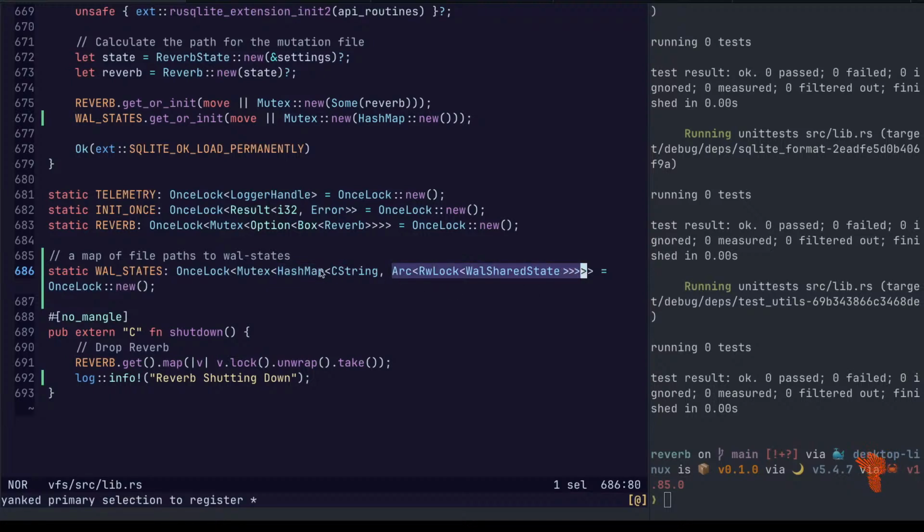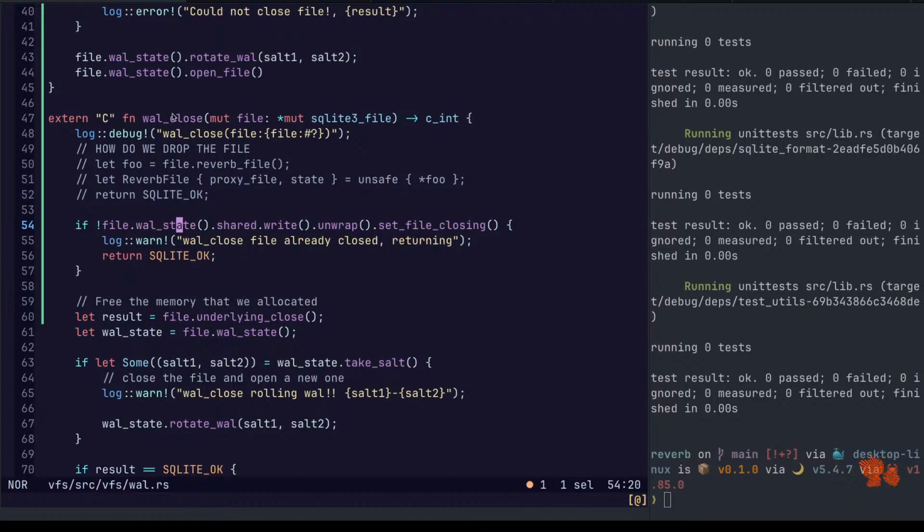The hash map owns an instance of it. So we were leaving data around. Okay, so two problems. Memory leak. This never goes away, never shuts down properly, right? Because it should be the last one shuts it down, not the first one.